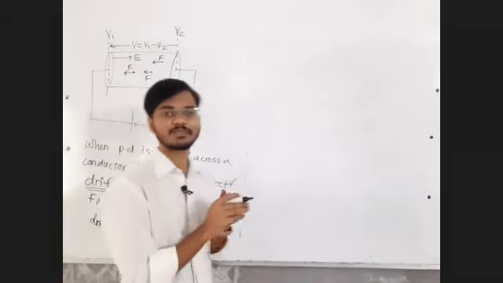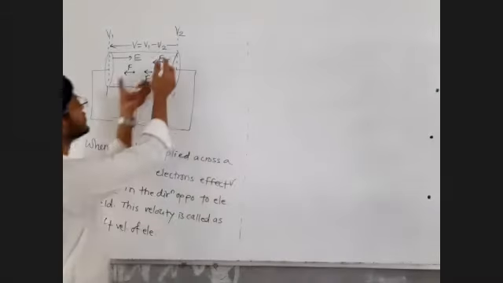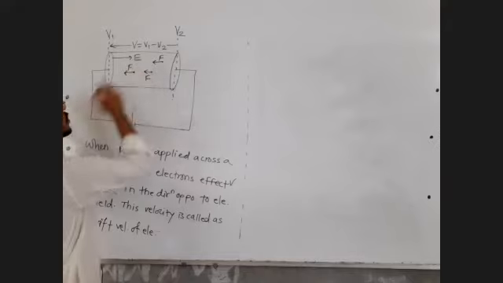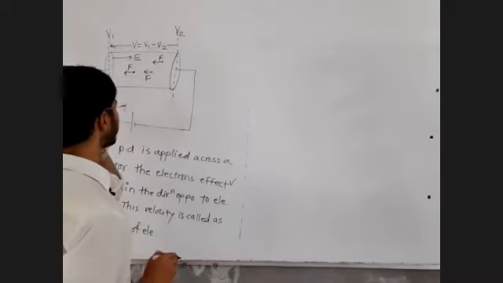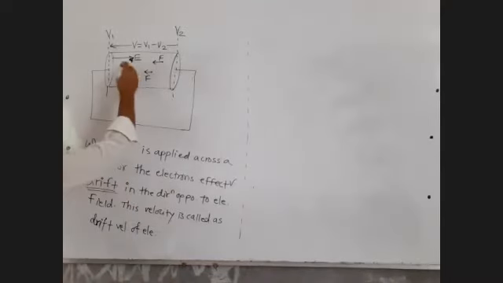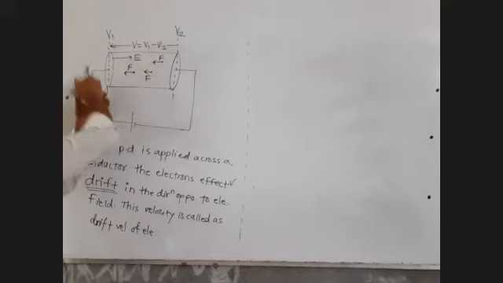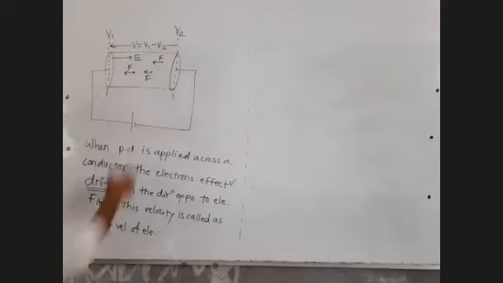So these electrons gain kinetic energy, move some distance, then lose it, again move, again lose, again collide, again lose. In this way electrons are gaining kinetic energy, increasing their velocity, colliding with the other atoms, losing the kinetic energy, again starting from zero velocity, and again gaining velocity. In this way all the electrons are drifting in the leftward direction in the conductor.